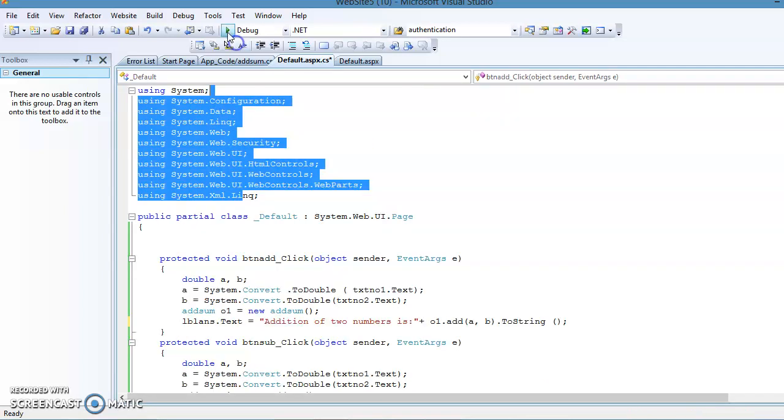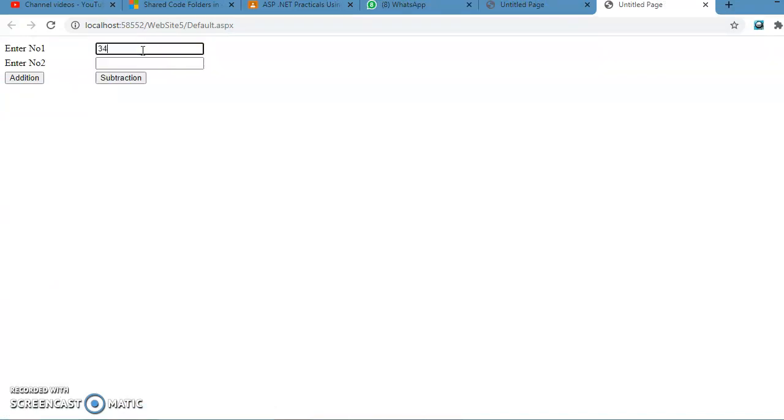Let us run it again, enter two numbers, let's say 34 and 2, addition. So addition of two numbers is 36 and subtraction of two numbers is 32. In this way you can perform this program.